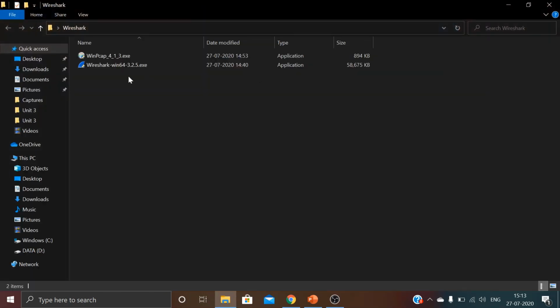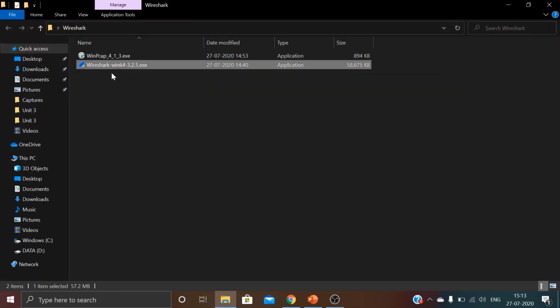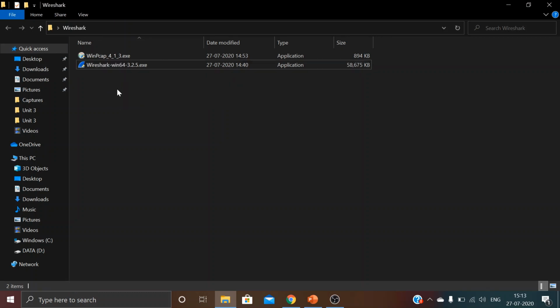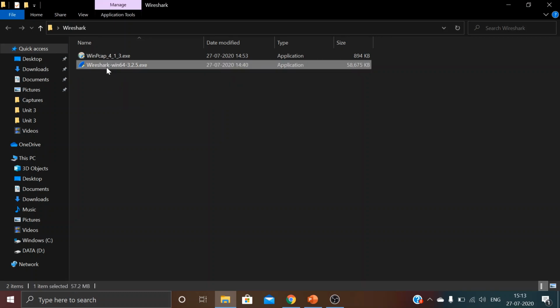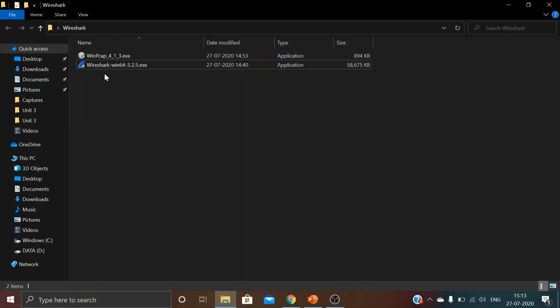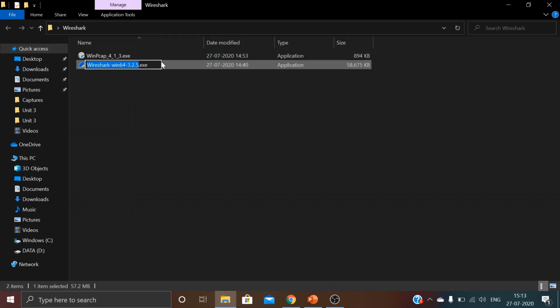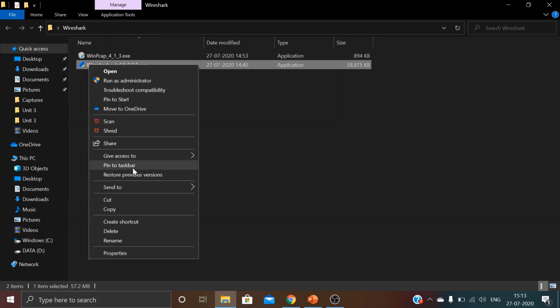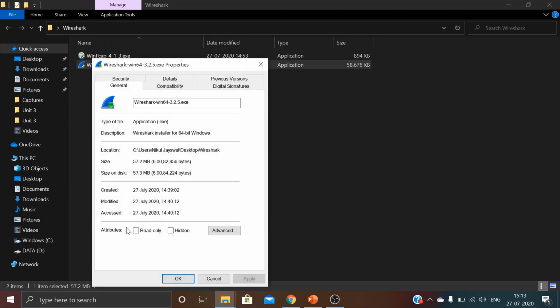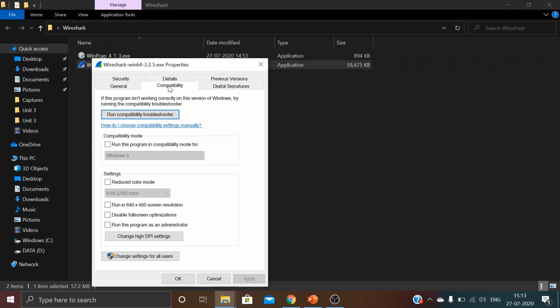First of all, before installing, right click on this installer file and click on properties. Now you can see here compatibility.